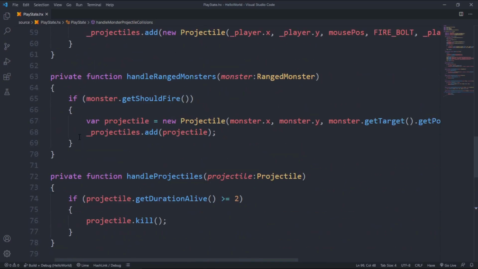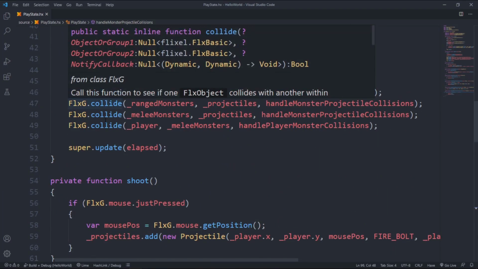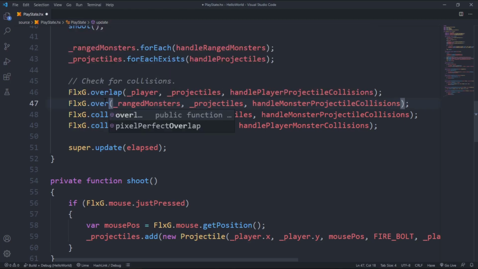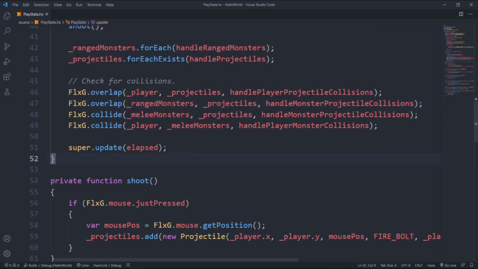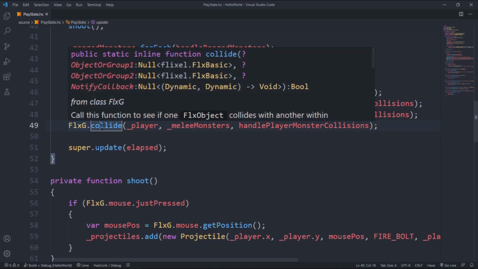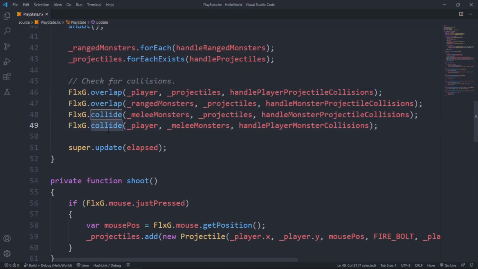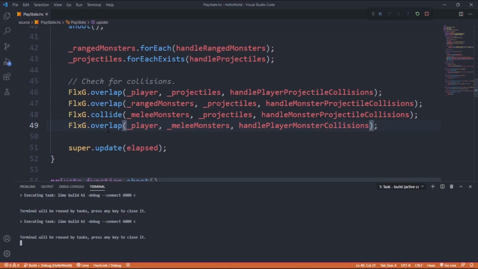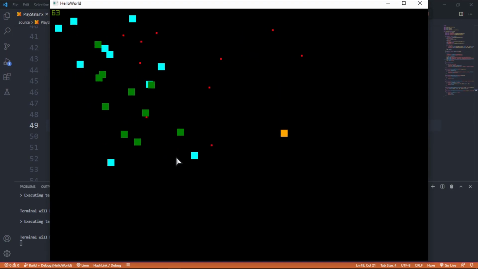to get rid of this bug, rather than checking for collisions, we want to check for overlap. We still want to check for collisions with the melee monsters, since we want the melee monsters to push us back, not go on top of us and deal continuous damage. But for everything else, we want an overlap, so it checks whether or not the two objects are overlapping each other. It doesn't push them away, it doesn't add any forces or physics or anything. It just checks whether they overlap each other, and then from there,